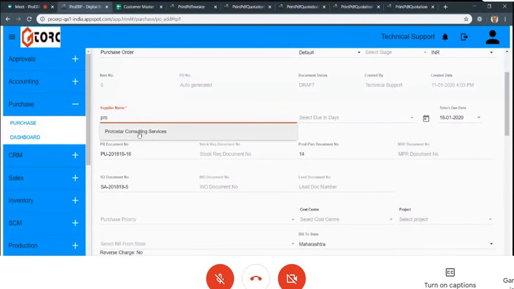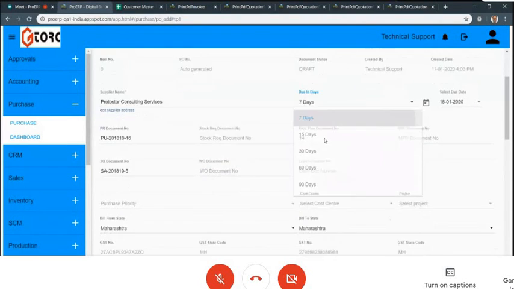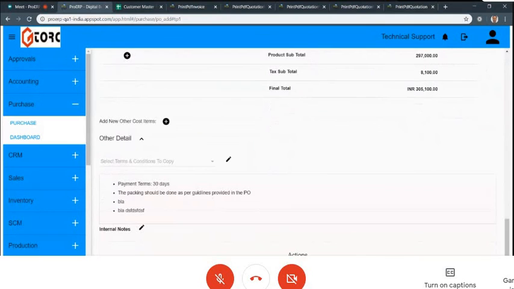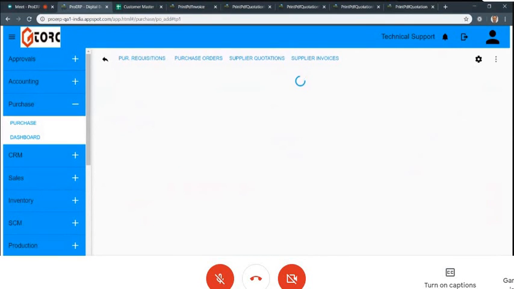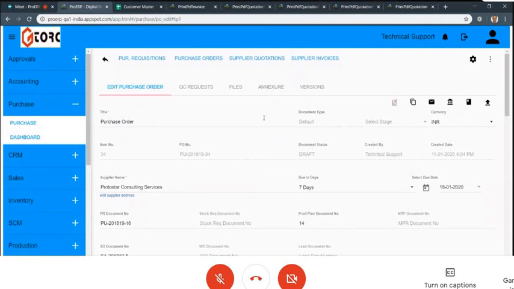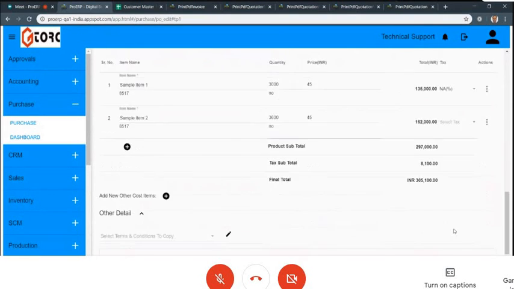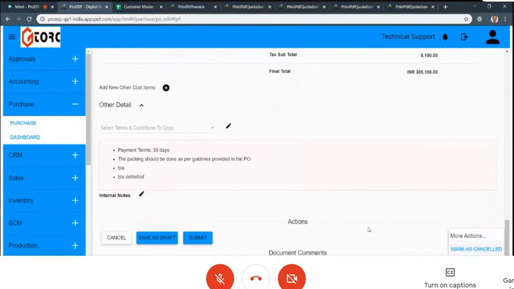I'm just issuing it to one of the suppliers, due days, GST details added. And if I save this in draft mode, you might have noticed earlier I finalized invoices myself. I went to More and said finalize. Now I don't see that finalize button. Instead I see a submit button. The reason is that there is an approval on this.